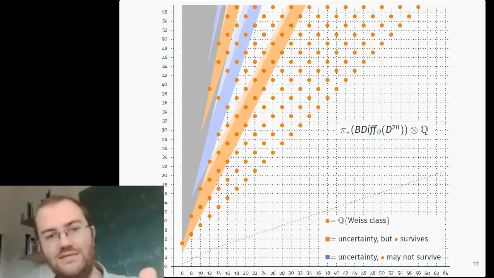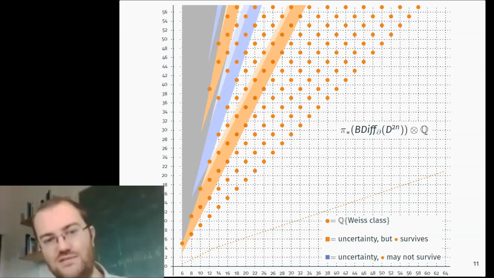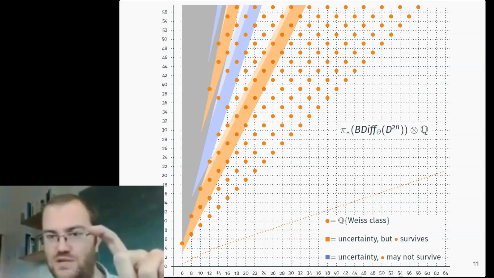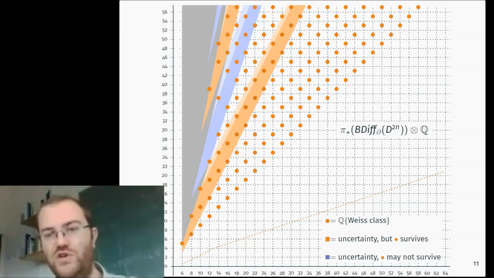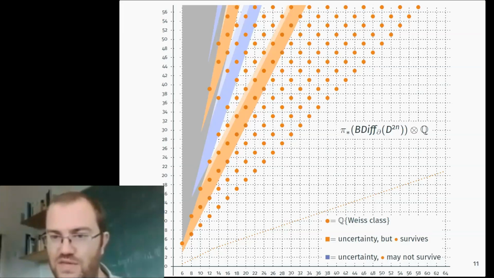There's lines of various slopes, and there's bands of various widths around each such line, inside which we don't quite know what's going on. It's a bit difficult to see in this picture, but as you go from one of these bands to the next one, the slope goes up and the width goes up as well. And the consequence of that is that in each column, if you go high enough, everything is going to be obstructed and you don't know anything anymore. So for each fixed disk, we only get finitely much information. But for each fixed degree, we get infinitely much information.